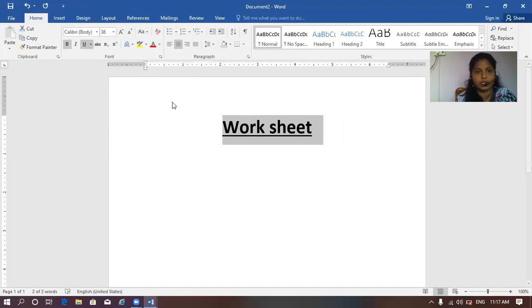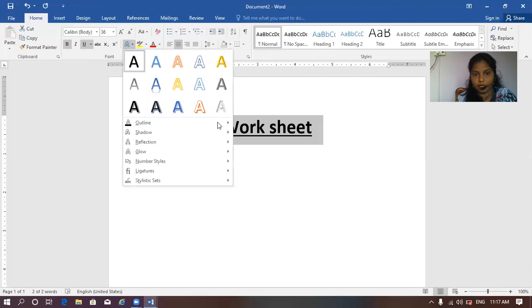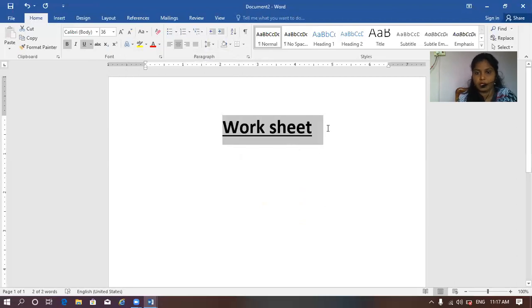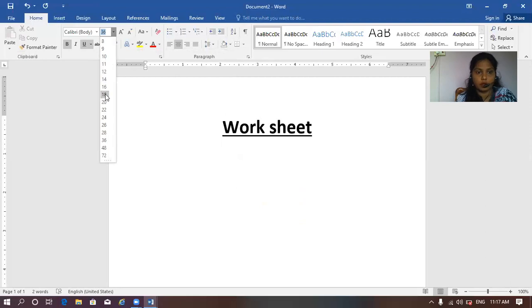And you can take your headings with different styles also, like these. Whatever you need, you can select from the menu itself. And I think it is enough for me. So, worksheet. And next, now reduce the size. Why? Because we are going to start with the name and all those things. I need it to the left of my document. Yes, name.